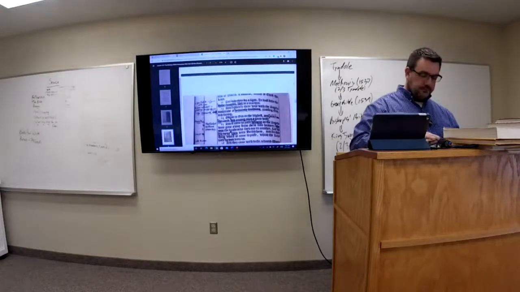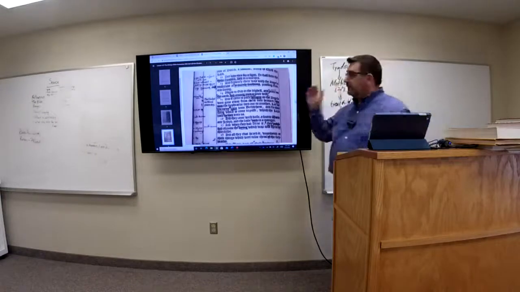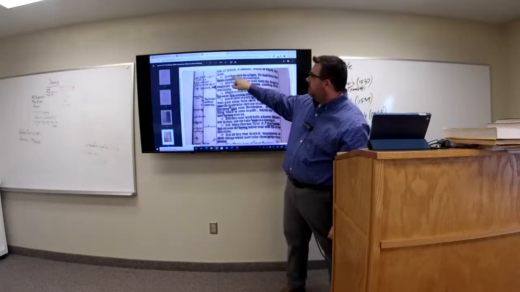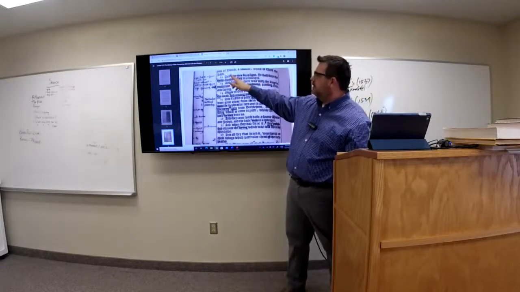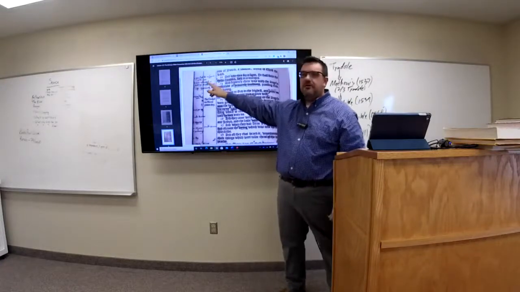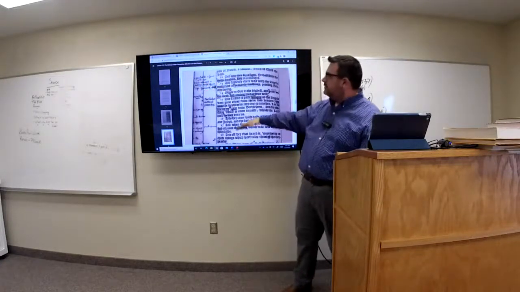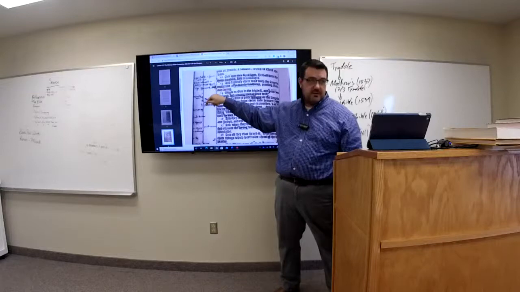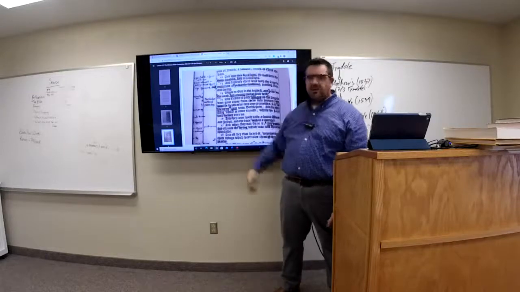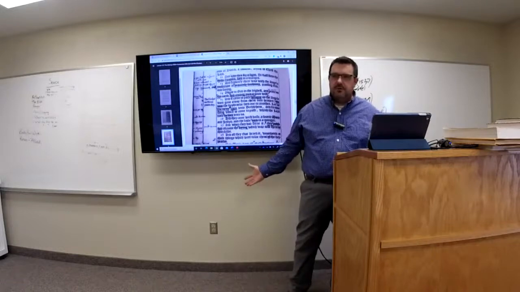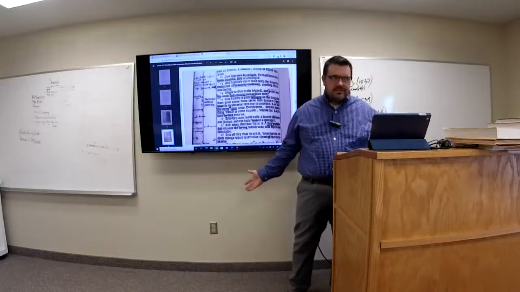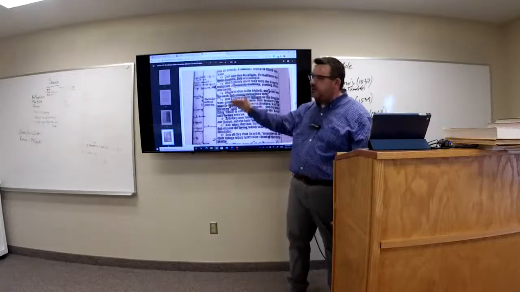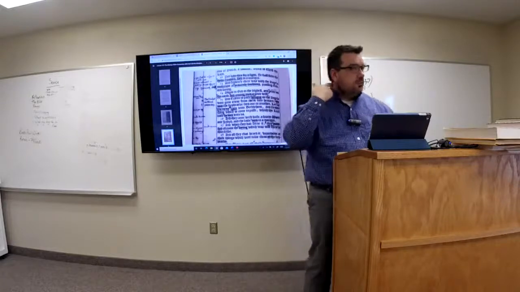So look at this picture. So this is the next page in your notes. So here's the 1602 Bishop's Bible. You can see them crossing out words and then putting a, what do you want to call this? A footnote here about what they thought, how they thought it should read. Right. So here's the 1602 Bishop's text, and here's the handwritten notes to the margin on a 1602 Bishop's text. So the idea that they just ignored rule number 1 is absolutely false. I mean, it's totally false. That's not what they did. There's manuscript documents in these British libraries showing you them working off of a 1602 Bishop's Bible.